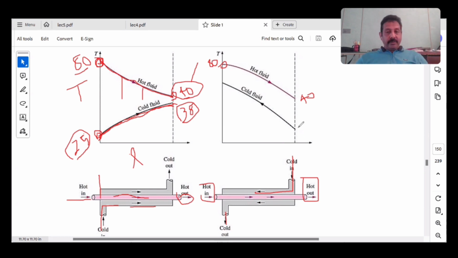இப்ப கோல்ட் ஃப்ளூயிட் எங்க என்டர் ஆகுது? It enters here at 25 degrees. ஹீட்டை கெயின் பண்ணிட்டே இருக்கு ஹாட் ஃப்ளூயிட்ல இருந்து. பட் இங்க, what is the maximum possible temperature it can reach? இங்க என்ன temperature இருக்கு? 80 இருக்கு. So theoretically it can reach 80 degrees here also. சரி 80 இல்ல 17 வச்சுக்கோங்க. Right? இங்க வந்து 25 ல இருந்து 38 தான் வர முடியும் என்னால. 38, மேக்ஸிமம் 40 தான் வர முடியும். பட் இங்க என்ன 25 ல இருந்து எவ்வளவு வர முடியும்?